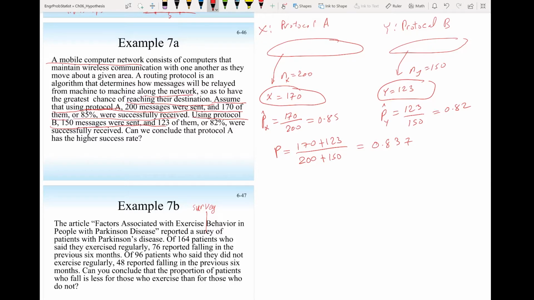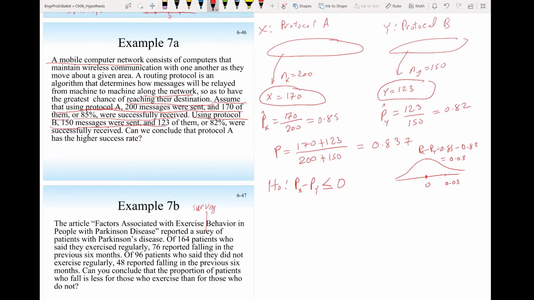Now I have everything I need to calculate the z-score. But before we calculate the z-score, we have to set our null hypothesis. And how we're going to set our null hypothesis, let's see what kind of evidence the sample gives us. So let's calculate Px minus Py. Px minus Py is 0.85 minus 0.82, so this is 0.03. This is 0, so it is somewhere here. So the evidence shows that Px is larger than Py. So I will go against the evidence. So the null hypothesis will be the proportion of X minus the proportion of Y is equal to 0